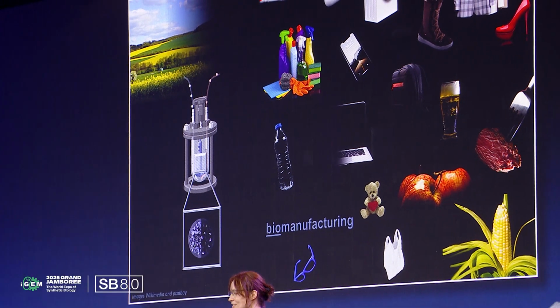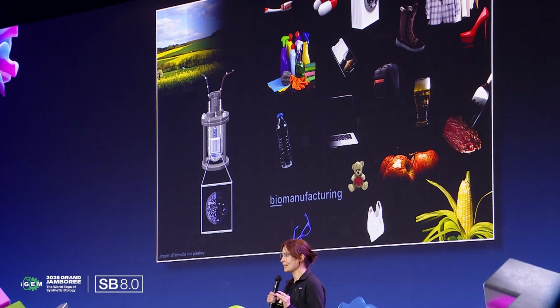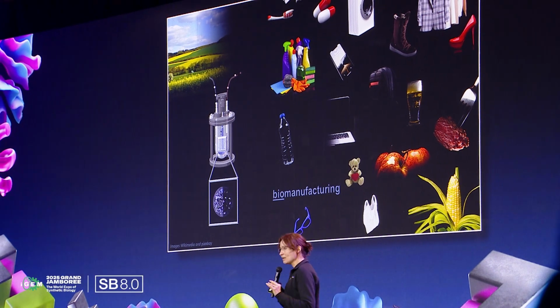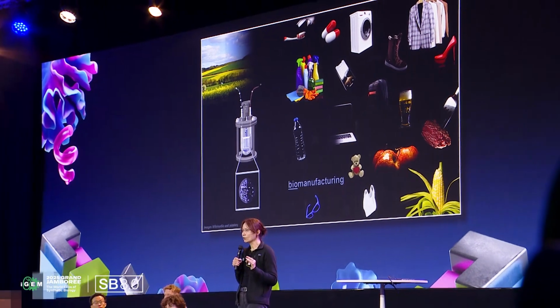Now, how do synthetic cells come into this? Well, because those bioreactors have to run on something, and we want to make a case that a worldwide bioeconomy cannot be built just using natural cells. We need this full operational control over a living cell, and that is a synthetic cell. That's something that only a synthetic cell can give you.